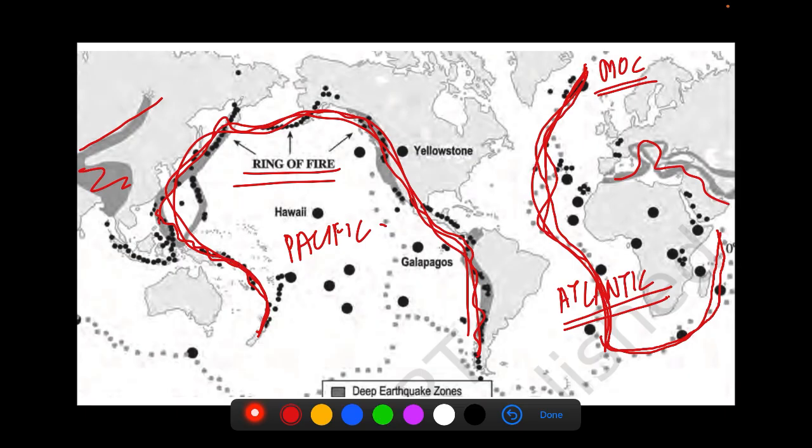Another point that we will discuss further when we study the Himalayas in detail is that earthquakes do occur in the Himalayas, but volcanoes do not occur in the Himalayas. Why do volcanoes not occur? Because in the upcoming lecture we will see continental convergence. Let's say this is continental crust, and another continental crust comes over it. So this becomes so thick that lava cannot escape, and no volcanoes come in the Himalayan areas, right?